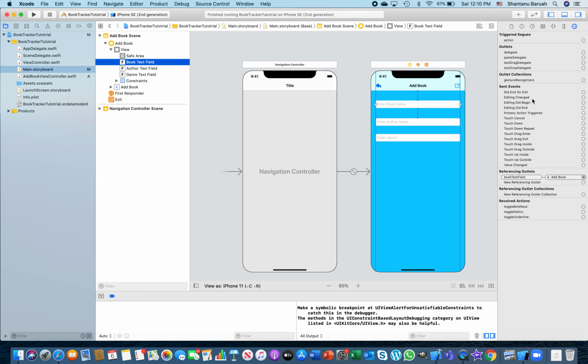And also when editing changed, when editing begin. So whenever these are happening, these are getting triggered, but none of these are connected. Why do we know it's not connected? Because all of those are blank. There's only one colored here, which shows that, remember, you created a book text field, which is an outlet, not